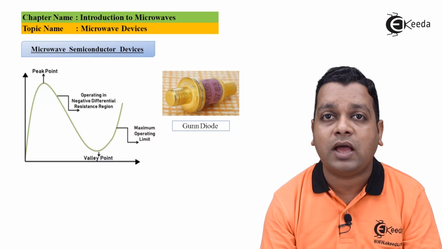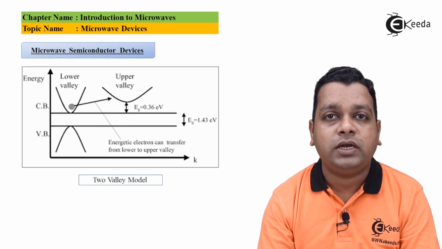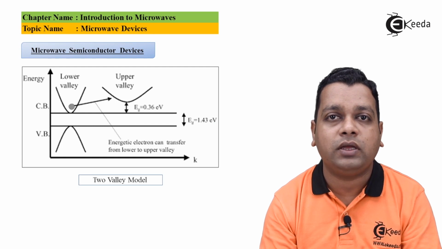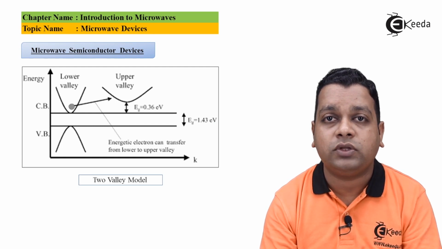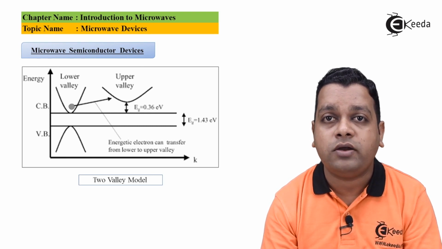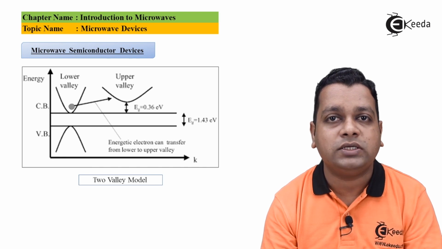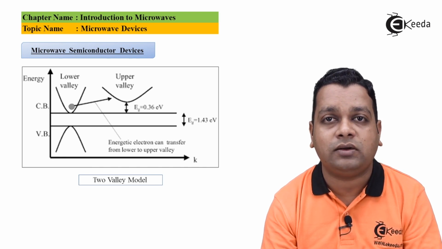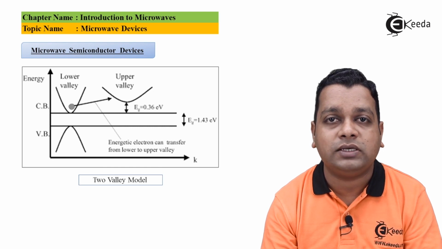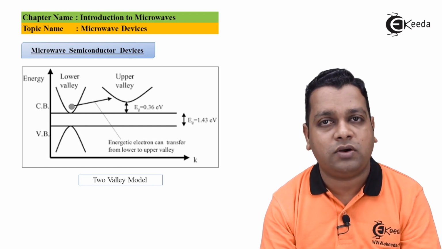So based on the principle of negative resistance, the semiconductor platform devices also generate microwave signals. These are generally termed microwave solid state devices. The very first example we have shown here is the gun oscillator. For the gun oscillator, there is a shift from the low energy level to the high energy level. This particular model is given as the RWH theory model, Ridley, Watkins and Hilsum. It is also known as the two valley model. So the lower energy valley and higher energy valley you can see in the diagram, and because of the applied field there is a shift. This particular device we shall be learning with the transferred electron devices.